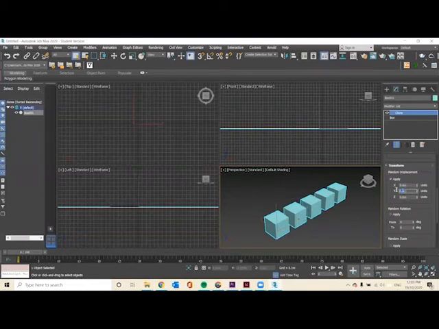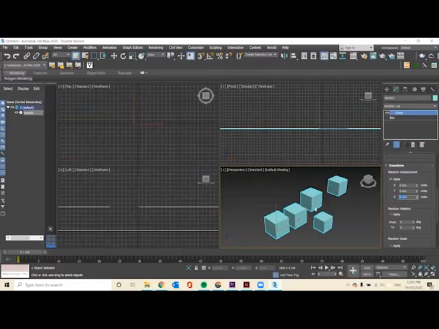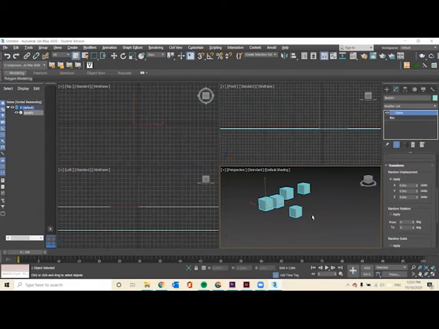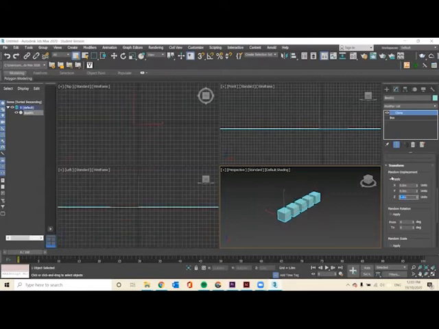If we then go in the Y direction and say we want it by 1 meter, that means it will randomly displace within the 1 meter boundary. And if we reset that and go in the Z, maybe we'd say we want it by 5 meters, it will randomly displace the objects within 5 meters of the origin. So we'll reset that, and the next